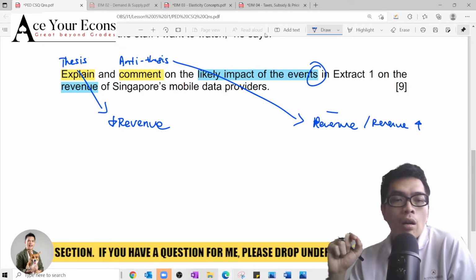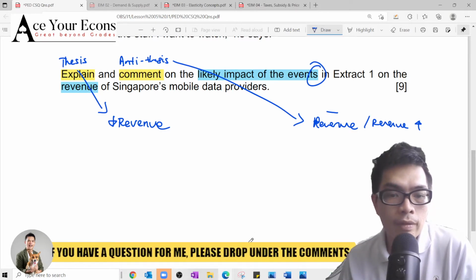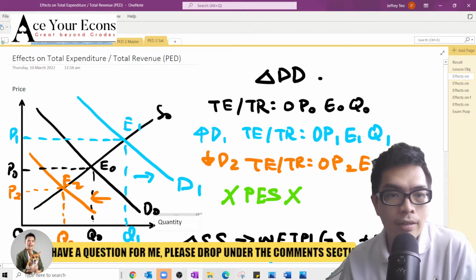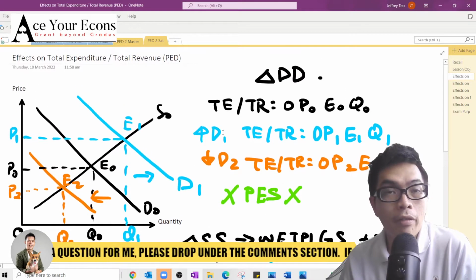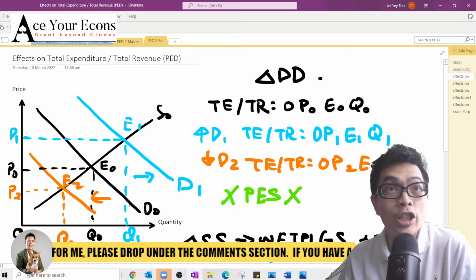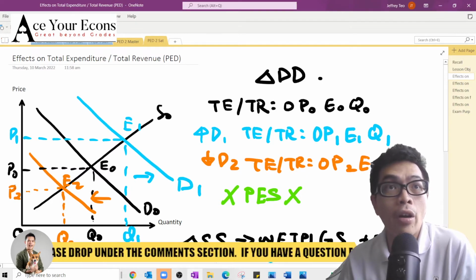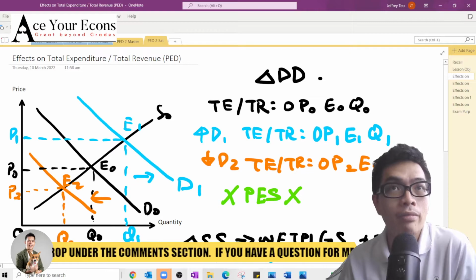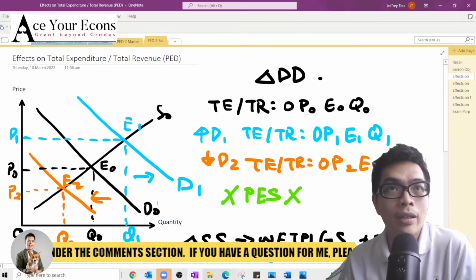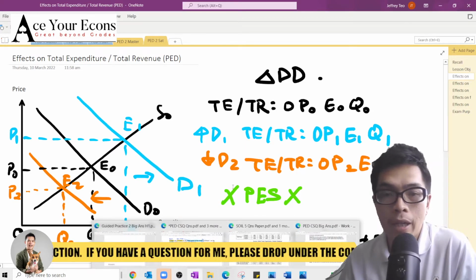So, how can we justify a fall in revenue? So if you were to look back, okay, we can see that the first diagram down here shows us that one of the change in your demand curve will illustrate a fall in revenue, right? Is there an increase or a fall in demand curve that will result in a fall in revenue? Increase or decrease in demand curve? Right, decrease in demand, fall in demand.